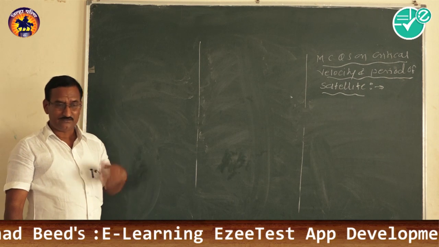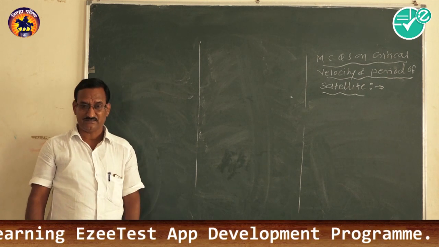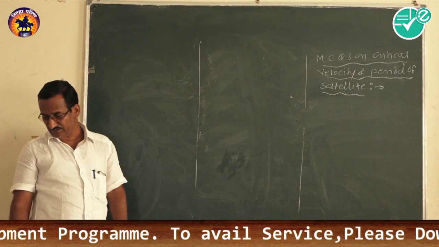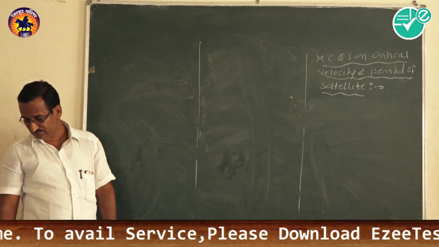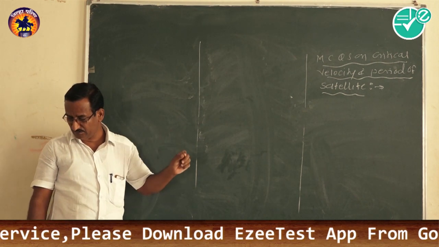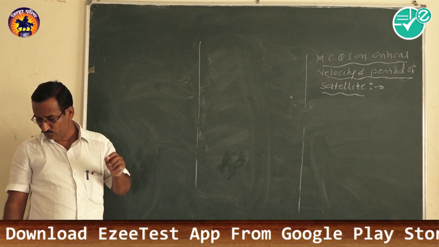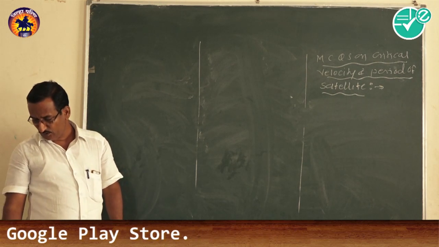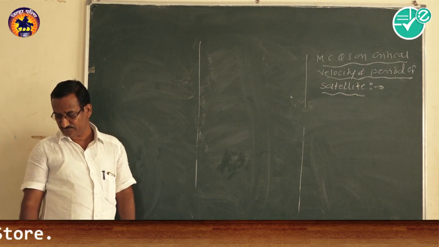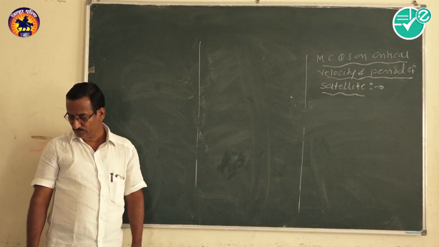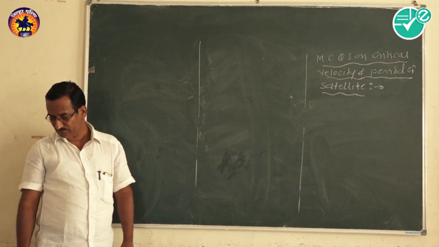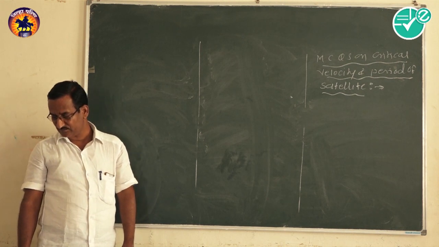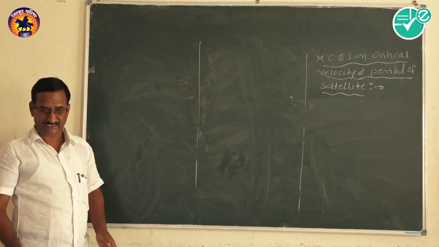Then another question which is asked in examinations: an astronaut in an orbiting satellite uses a hammer to knock out a nut. The alternatives are: A, he cannot do it very easily. B, he cannot do it. C, this depends upon the speed of the satellite. And D, this depends upon the mass of the hammer.